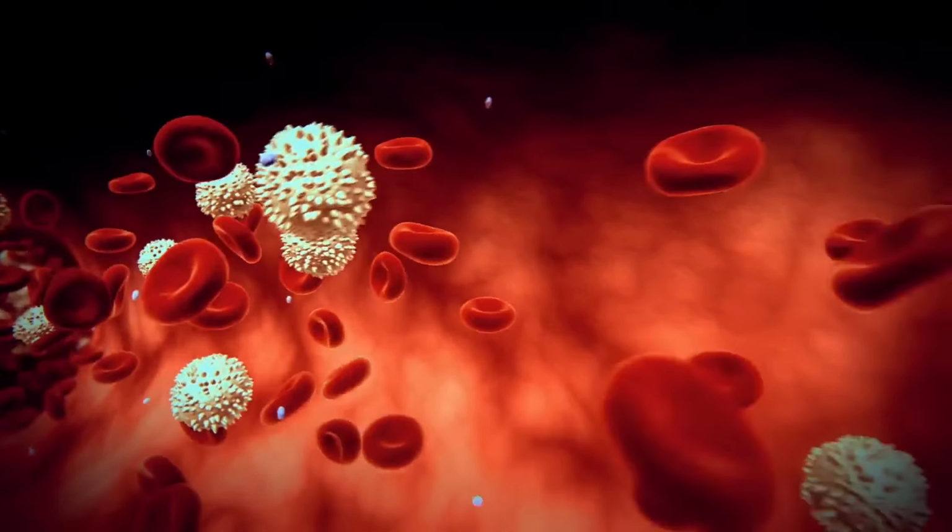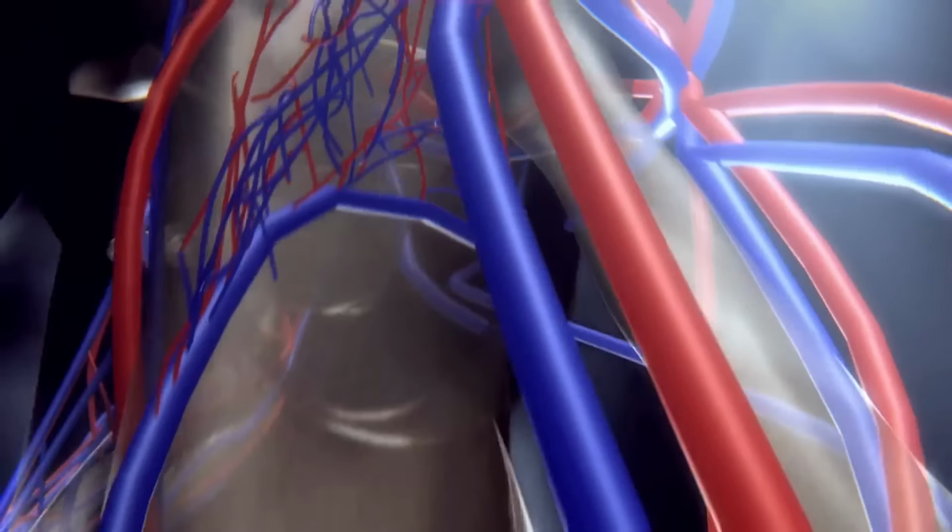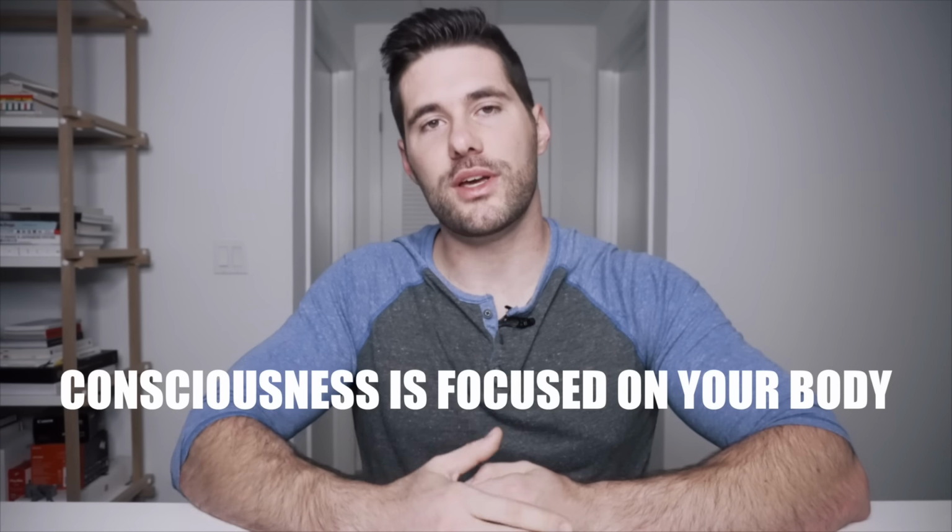At this very moment, your consciousness is deeply embedded in your physical body because your heart is beating, your lungs are breathing. There's billions of chemical processes happening in every given second. You're aware of your skin temperature, your thoughts and your feelings, etc. And so it's not that consciousness is stuck in your body, it's just that it's deeply focused on your physical